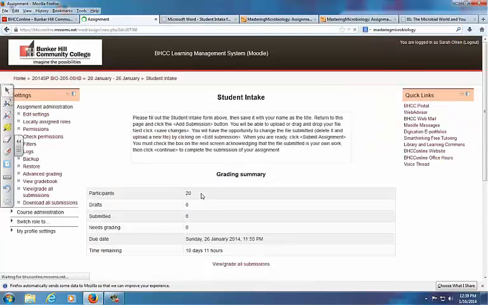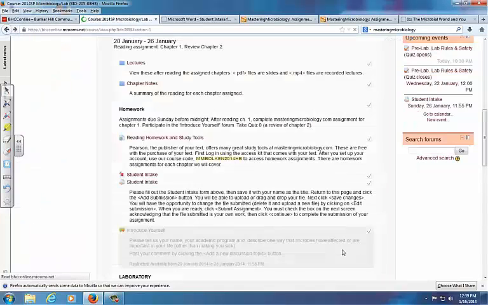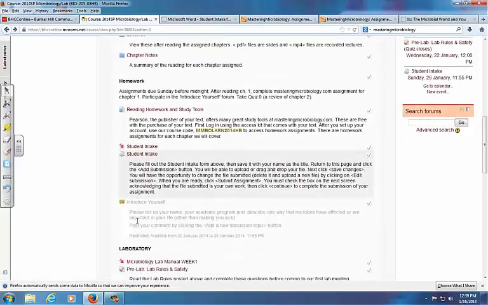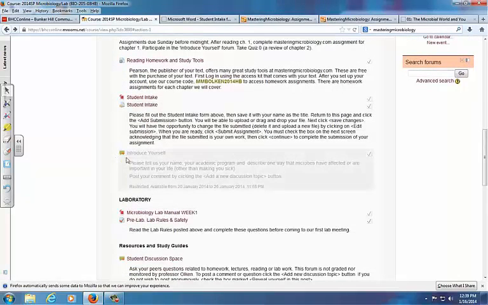This will be ready for submission, and you'll need to follow the instructions to upload your file, or if you're in Firefox, actually, it's easier to submit assignments because you can just drag and drop them from your desktop to the assignment. We will have an introduction